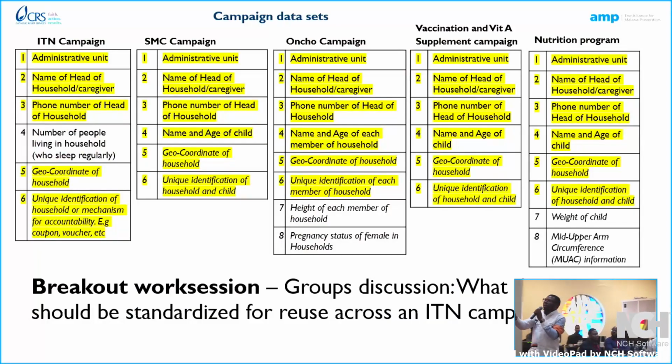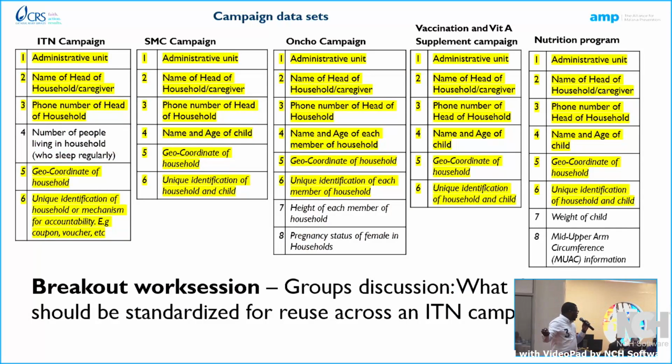So now, why do we think this will work? I want to end this conversation now before I move to the next presenter. We think this could work because, if we have the registry established where we have the name of the head of household and the children listed out with their ages, we should be able to have a unique trace to add every other piece of information that builds the trust of data.